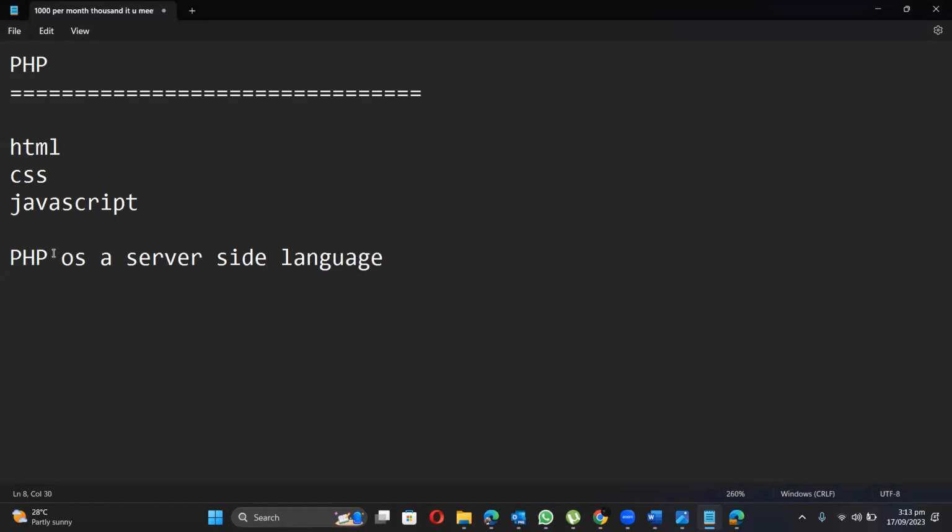PHP allows us to write code into our server and then allow us to communicate also with our database. So that is what PHP will allow us to do. Are we okay? Now, we are going to